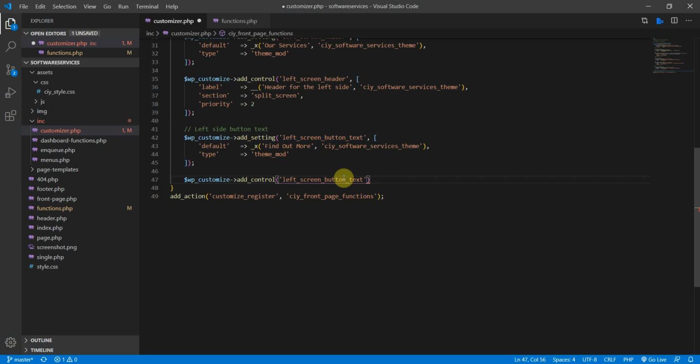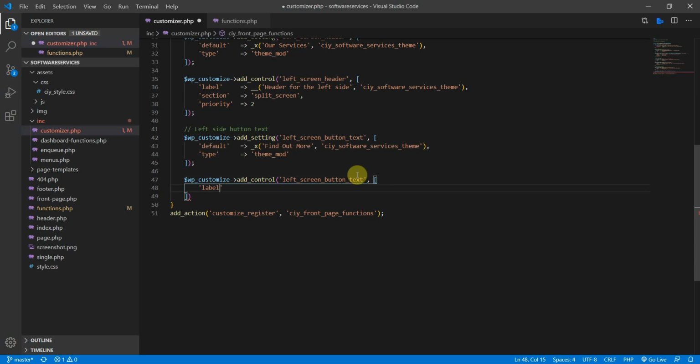First of all, it will avoid typing errors, so it won't throw any errors when you test your theme, and also it will save you a lot of time as well. But I'll write here mainly for the learning experience. All right, and then in the array, first thing we need in the control is a label,